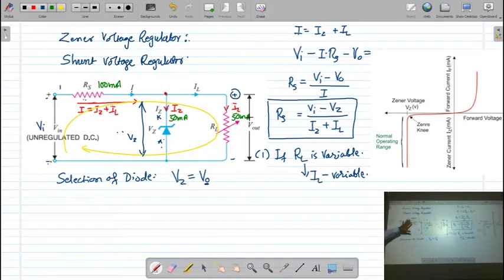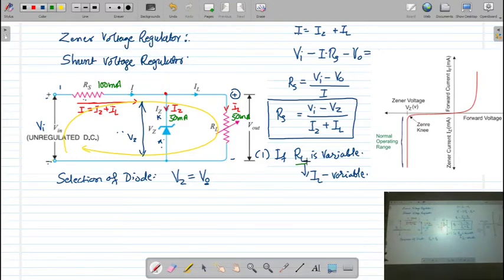I am taking a simple example. Total input current is 100 milliampere, 50 milliampere in the Zener diode and 50 milliampere in the load resistance RL. Now, if we change the RL,